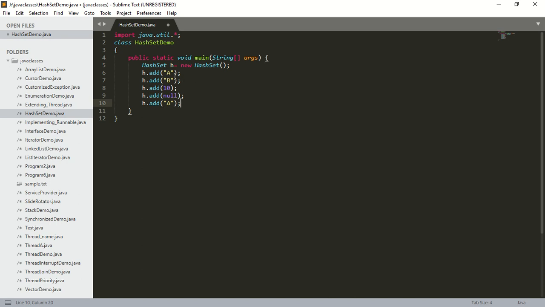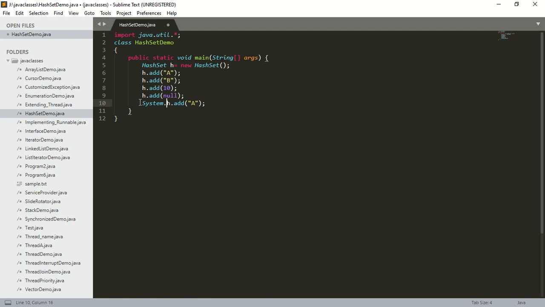You know that in a hash set, heterogeneous objects are allowed. Here I am passing a string object and here I am passing an integer object. So what about null? Null insertion is possible. What about duplicates? Can I insert a duplicate object into the hash set? No, we cannot insert duplicate objects into the hash set. So what happens when I try to insert a duplicate object into the hash set? We will not get any compile time error, or any runtime exception. What will happen? The add method just returns false. So I will print here, it will just return false.